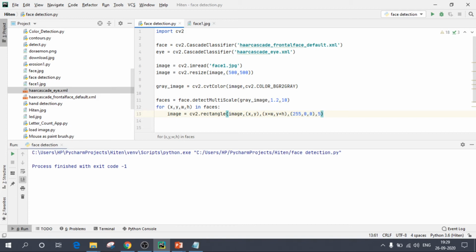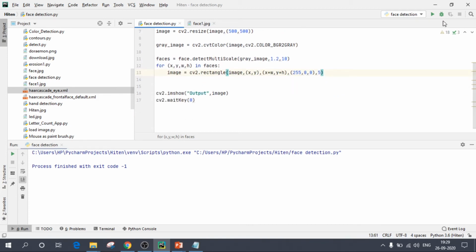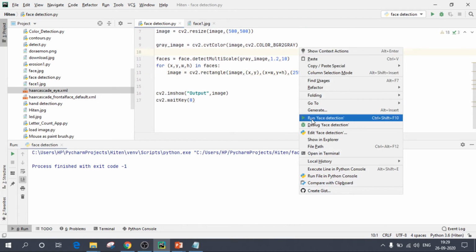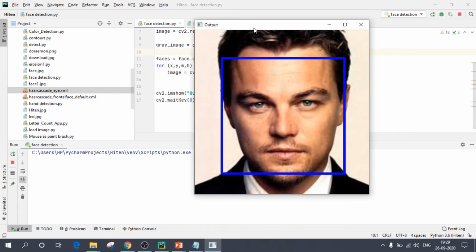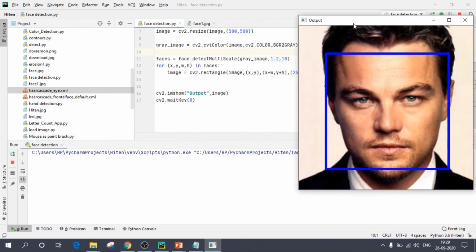Now what we can do is run this program, so we'll check what output it is giving us. Okay, so as you can see, our program has successfully detected our face. Now the remaining feature to detect is eyes. So we need to detect these two eyes inside this region of interest. Region of interest means the rectangle which we have drawn.